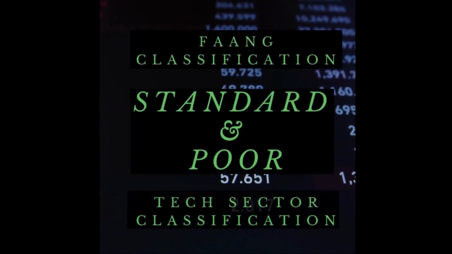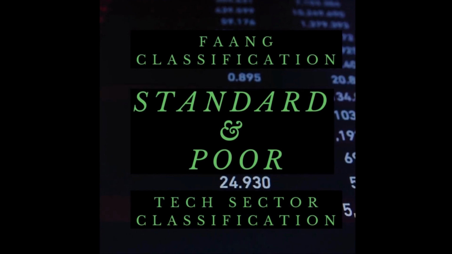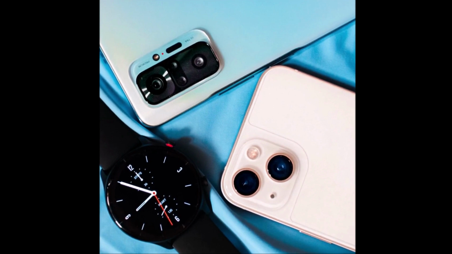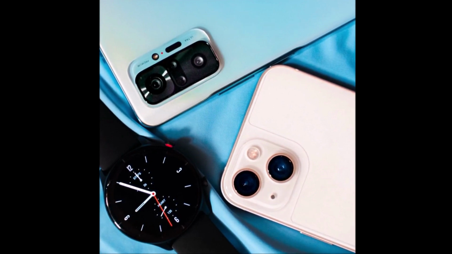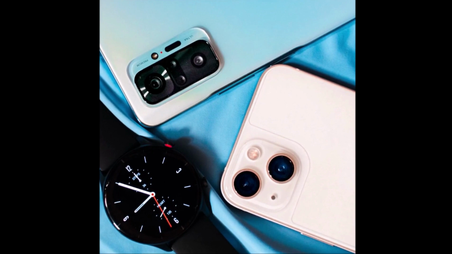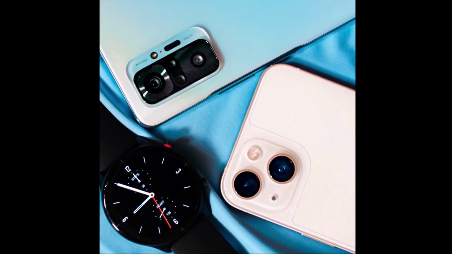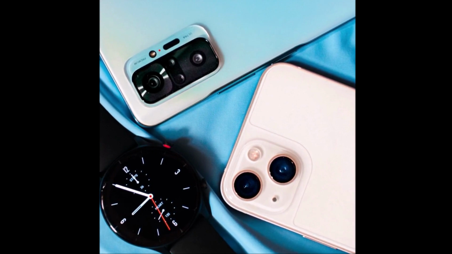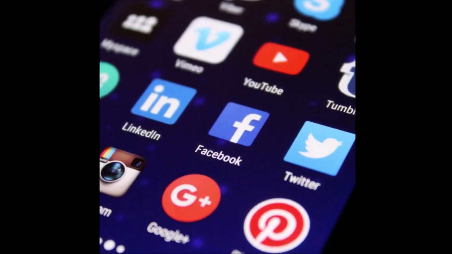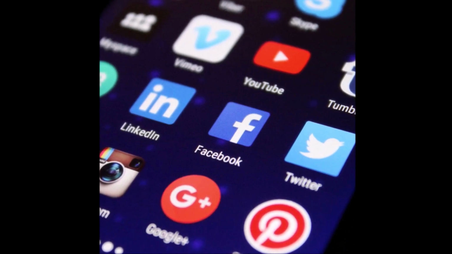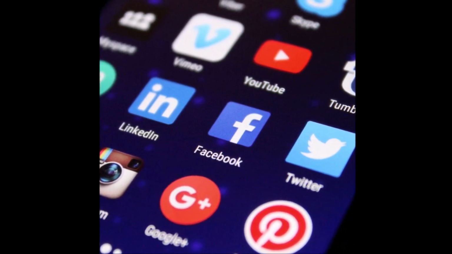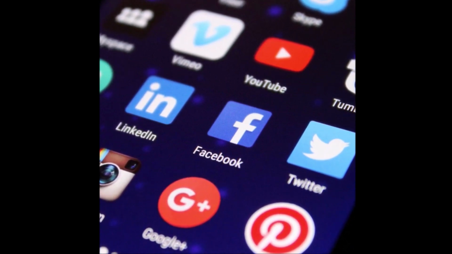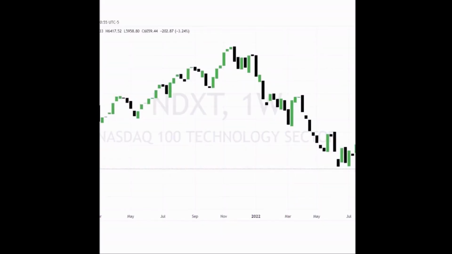The Standard & Poor's classification of tech and FAANG. Technically, there is a difference between the companies included in the tech sector and FAANG. According to the Standard & Poor's newest system of classifying stocks, the technology sector includes companies that make and sell hardware, software, semiconductors, electronic equipment, and commercial data processing. FAANG has been moved from the technology sector to the new communication services sector. Keep in mind that most tech index funds that you can invest into today do include FAANG companies in their portfolios.